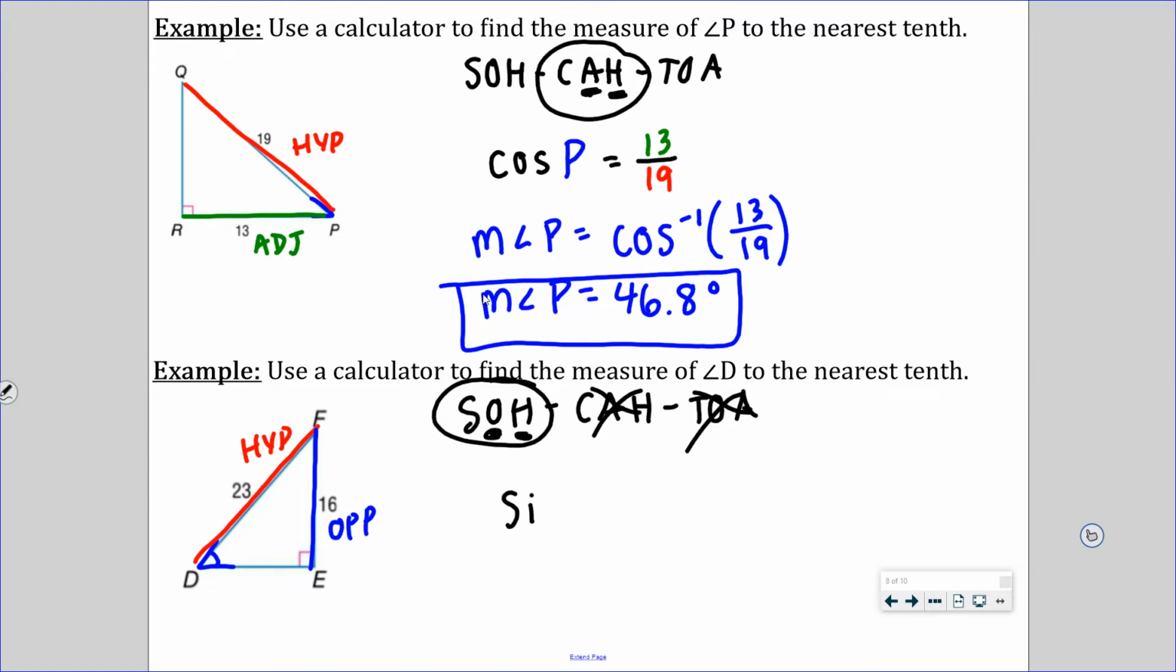So now this is sine of the angle measure, which is what we don't know. Sine of angle measure D is a ratio of the opposite side, 16, to the hypotenuse, 23. Okay. So here, when my unknown is stuck inside the sine argument, in the angle, that's a brand new